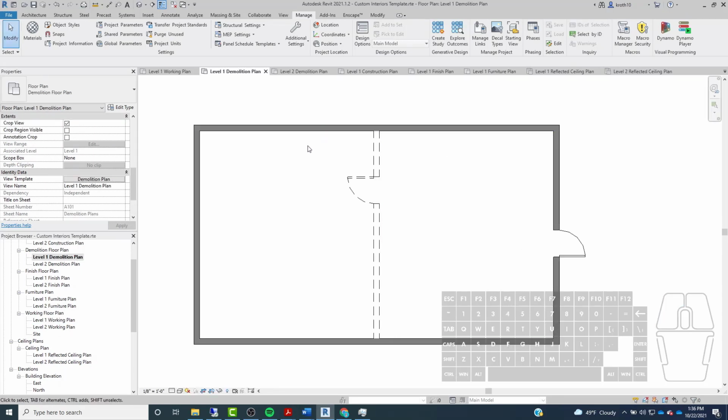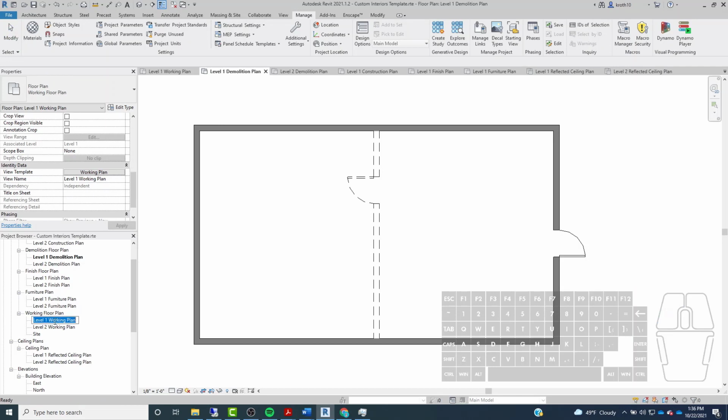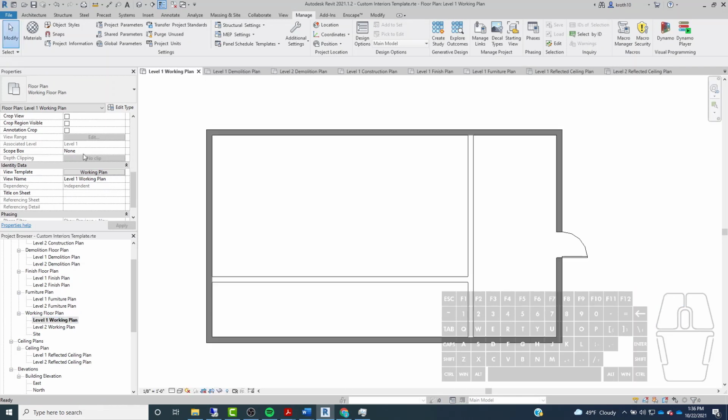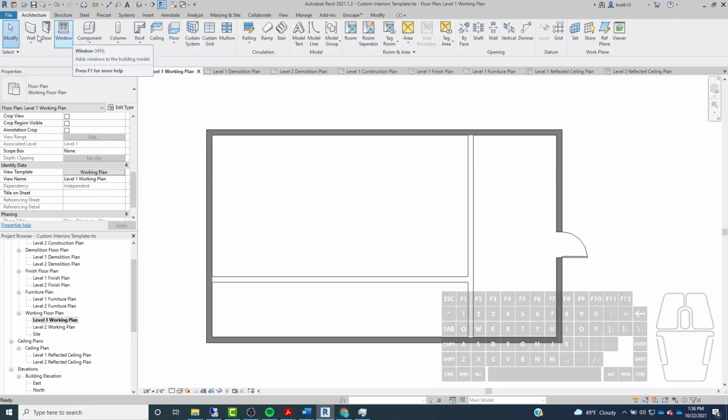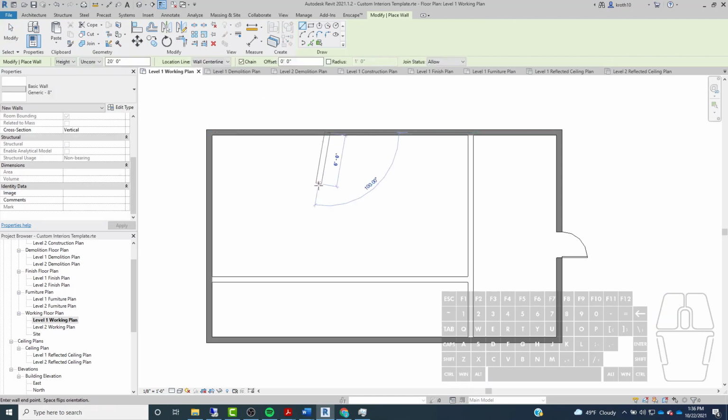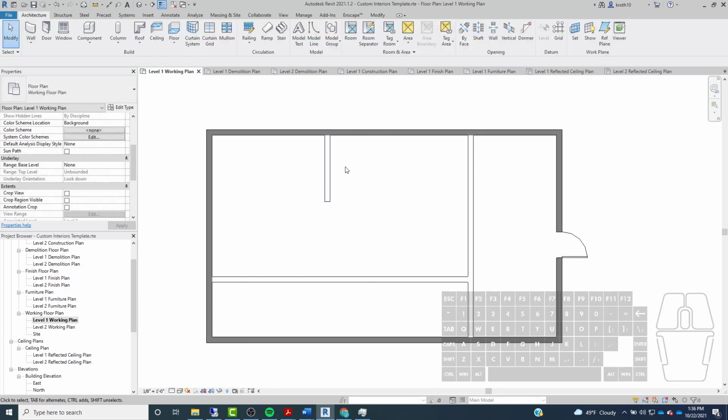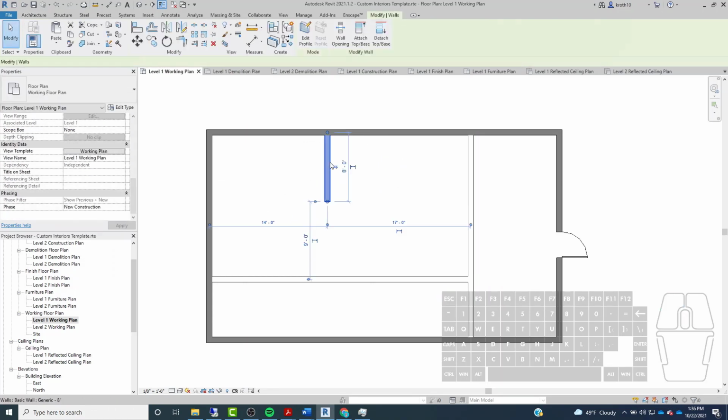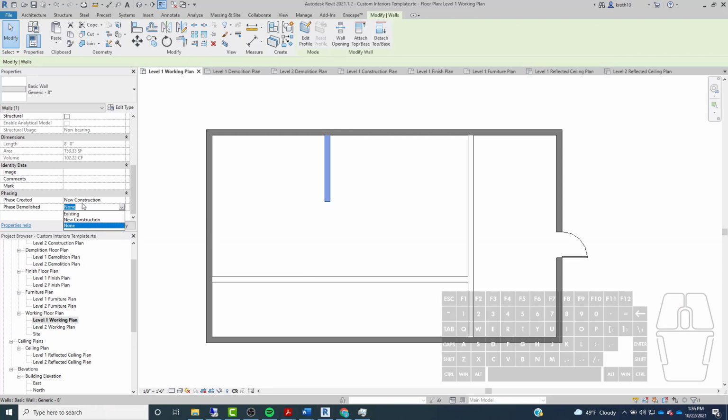So now whenever you're creating a new element within Revit, you want to make sure first that we're working in the working plan, and you want to make sure that you are conscious of the phase that you're creating it. So if you were to go and create a new wall now, it should default to phase created new, which it is because I can see it. But if you ever need to go in and change something, you would want to select that and then go down here to the left and then change the phase